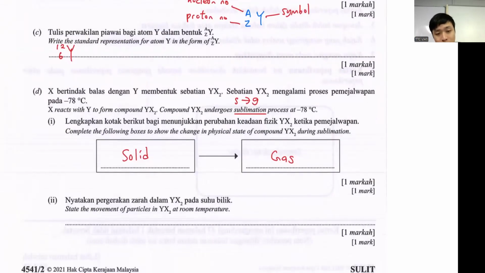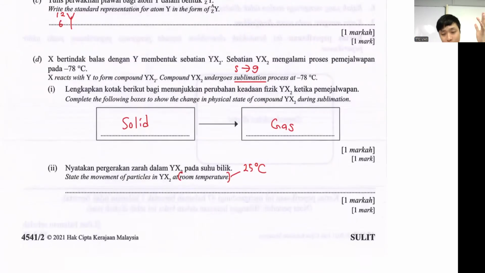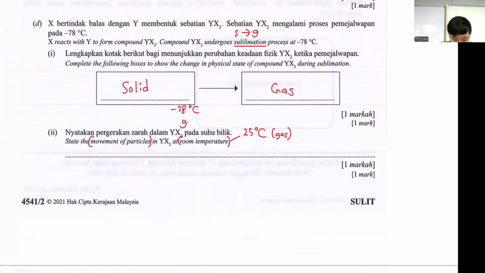State the movement of particles in YX2 at room temperature. In chemistry, remember, room temperature is always 25 degrees Celsius. YX2 at negative 78 degrees Celsius is already gas, so confirm 25 also gas. But they ask for the movement of particles. So we have to say,